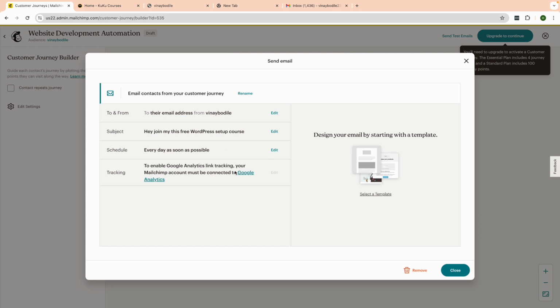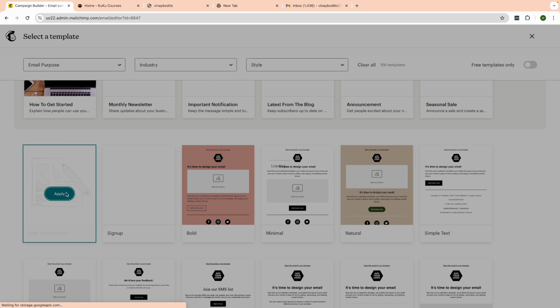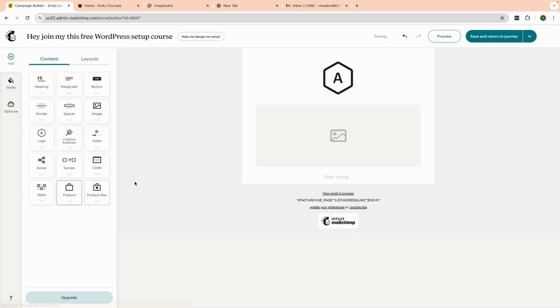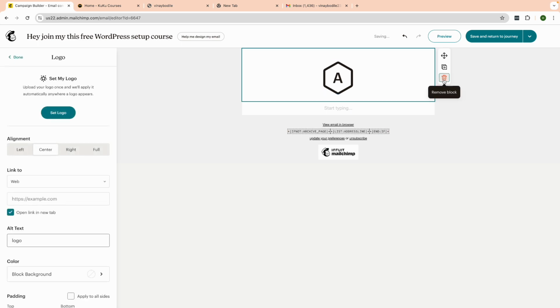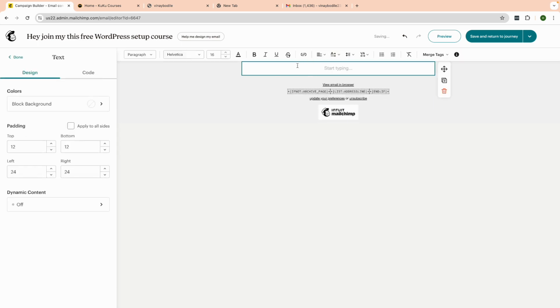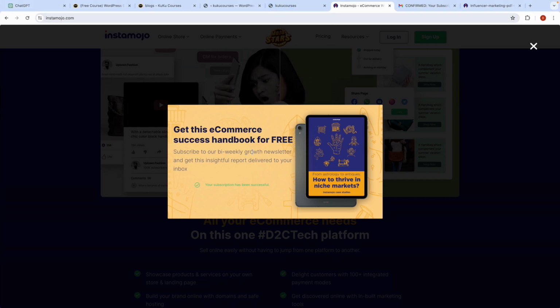You can put whatever email you want. Just click on this, select the template, then you can choose the email. For example, I use this scratch, and I can just do the same thing. So what we are doing now is setting up automation. That means after anyone signs up through our form, they go to the Mailchimp contact list, the audience list, and immediately they will get the